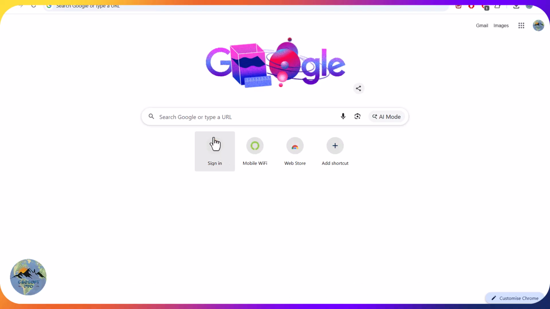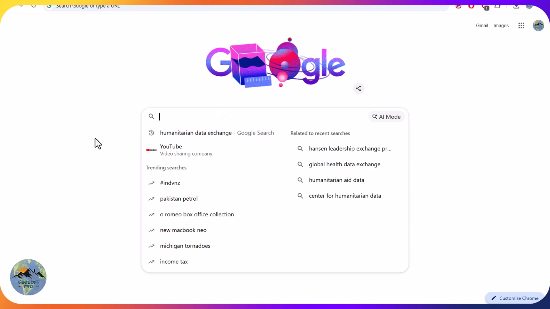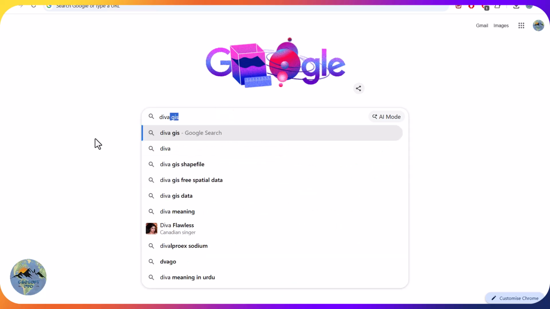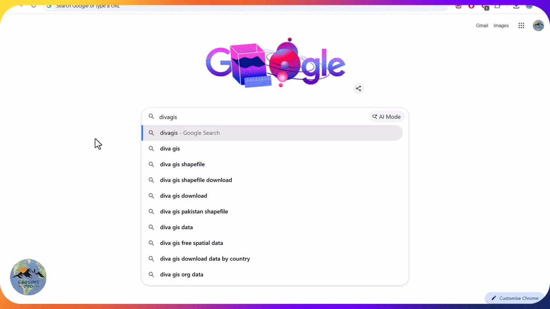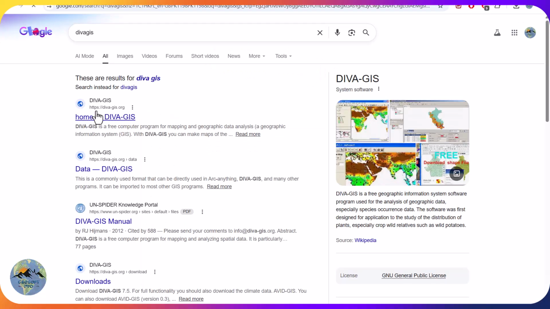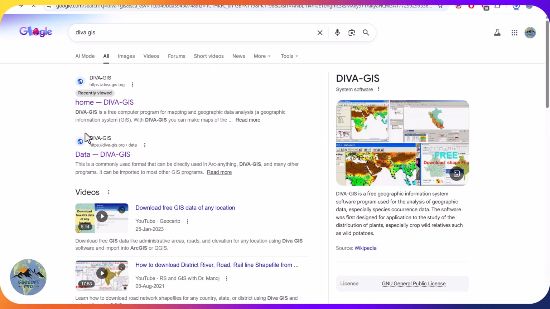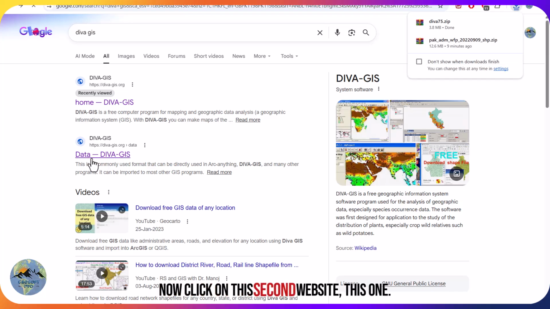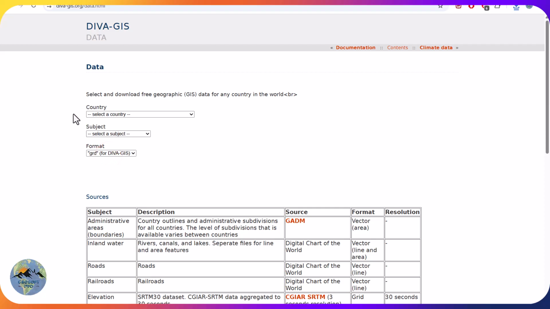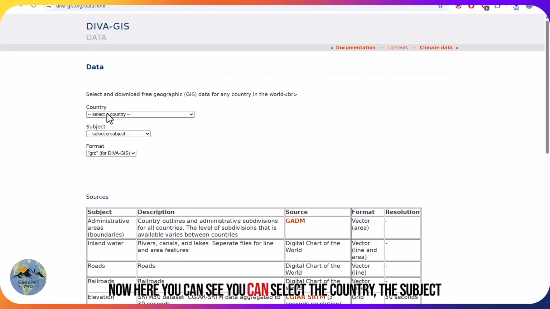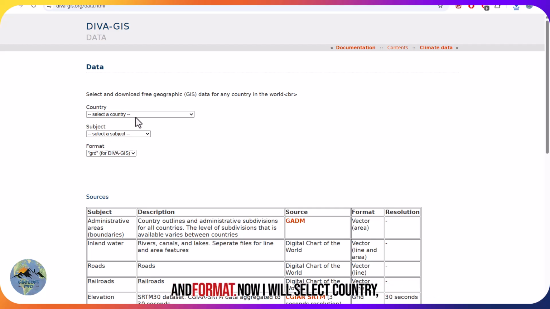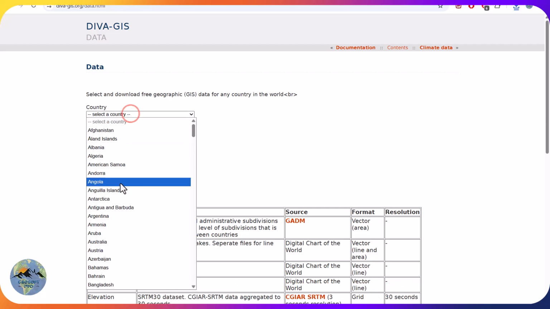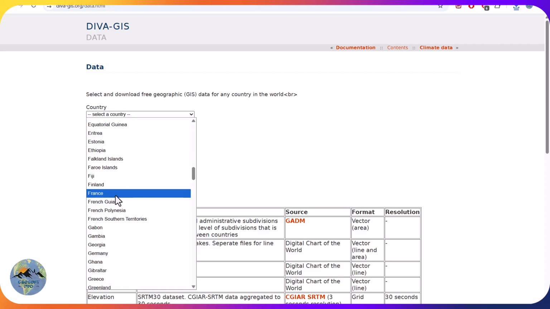So search Diva GIS. Now click on this second website, this one. Now here you can see you can select the country, the subject and format. Now I will select country, Pakistan,